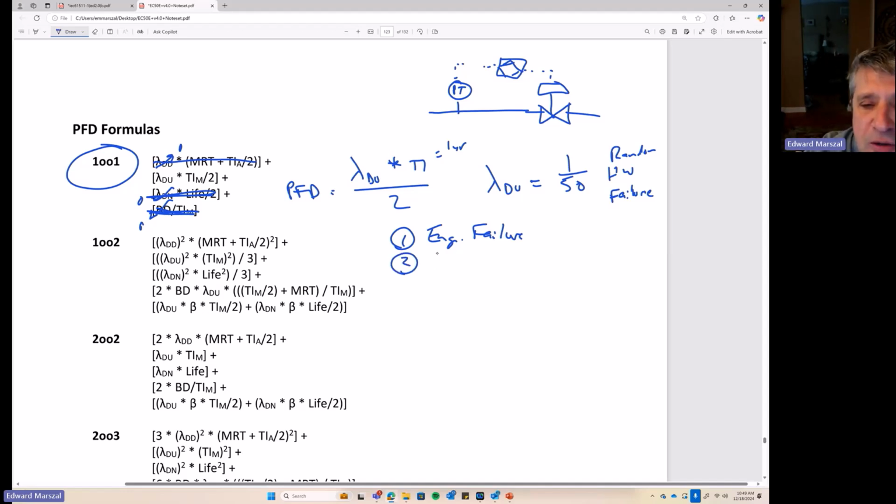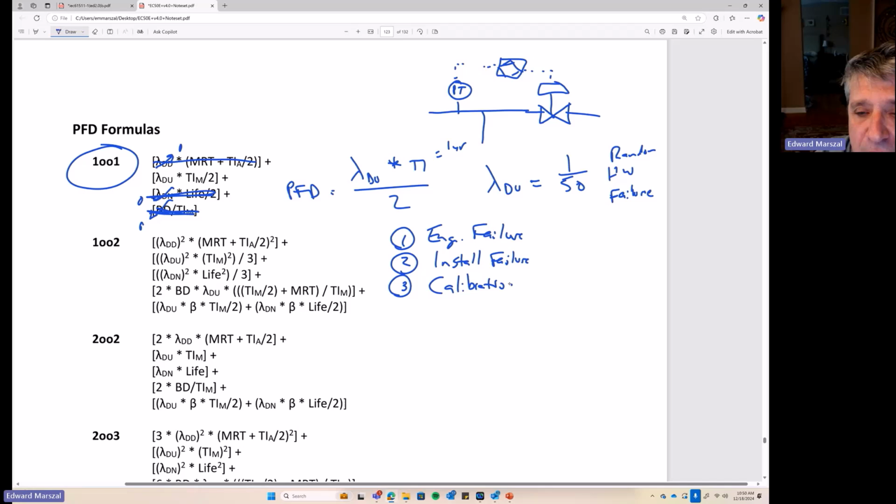Number 2 could be an installation failure. So I might have installed that pressure transmitter in a location where it's not actually going to detect that the hazard's present. Maybe I installed it upstream of a T when I should have installed it downstream of a T. So that's an installation failure. Well, you could also call that an engineering failure. Number 3,